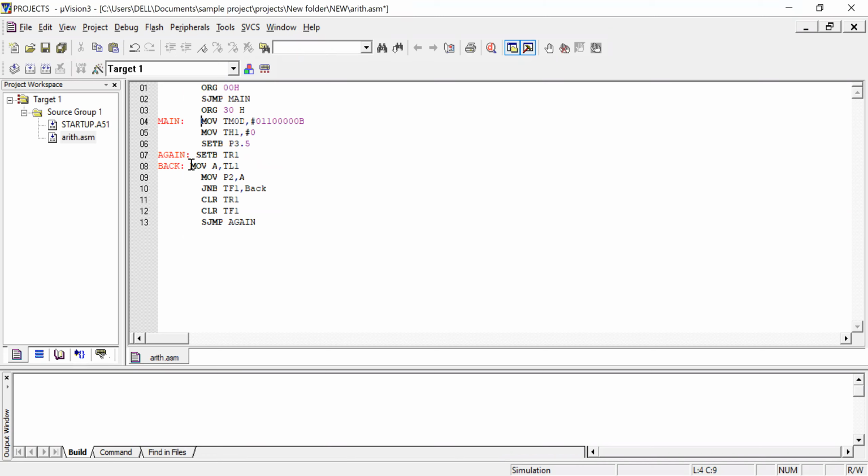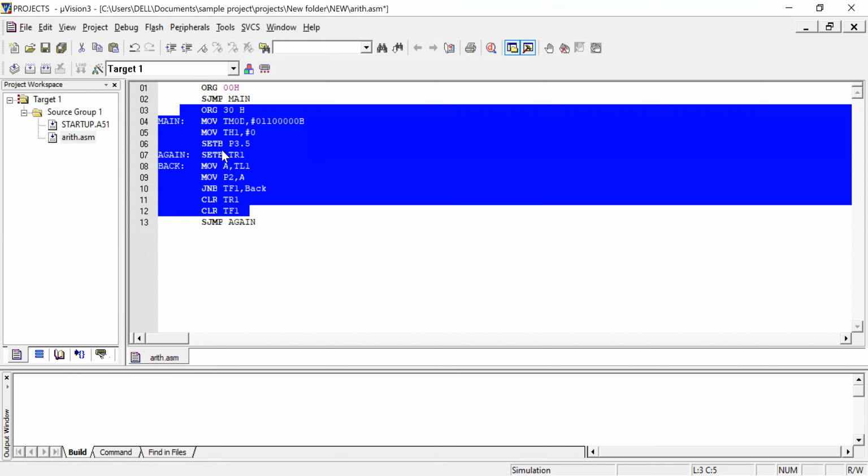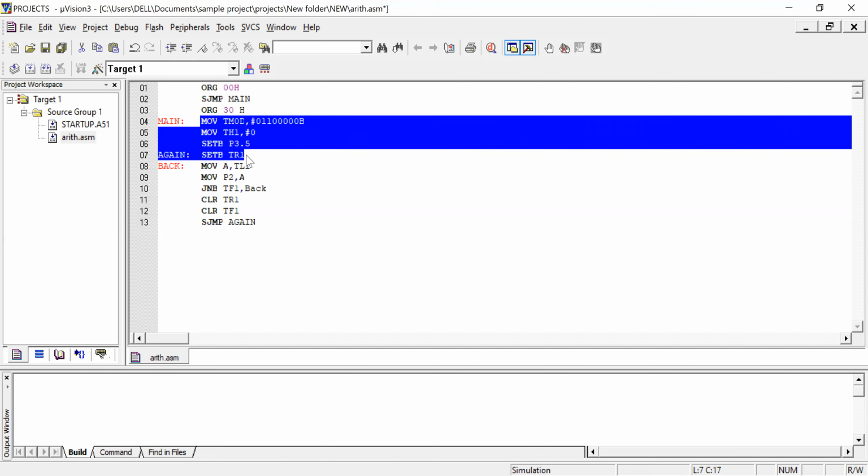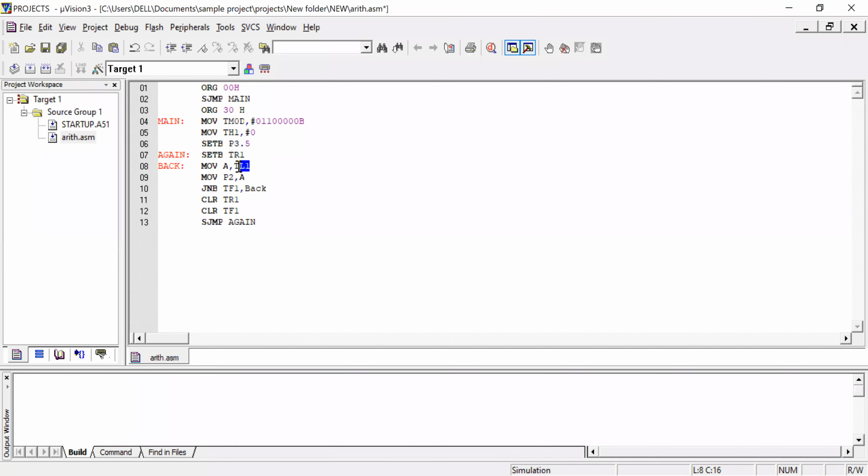Okay. Now I'll see the same. Does anybody have a doubt on the operation here? See, we are doing basic settings to start the counter. After starting, whatever the data in the TL register changes based on the input counts, that is the input clock pulse.